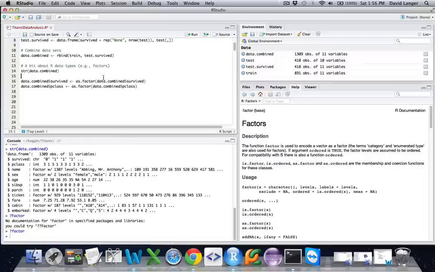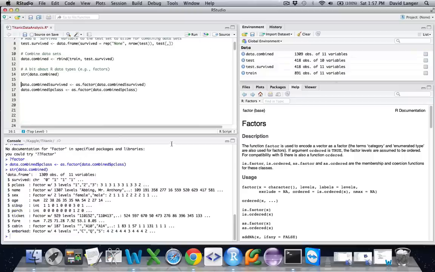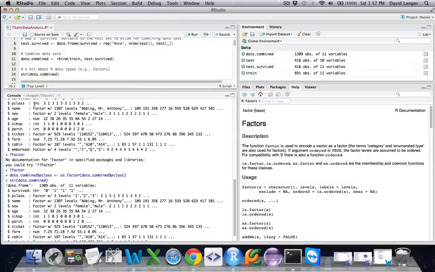So we can go ahead and tell R that we want to change the p-class variable using this line of code here. What we say is, hey, look, take the p-class portion of the data.combined, and you use a $ sign in R to address the p-class portion of the data.combined data frame and turn it into a factor. Okay, so we'll go ahead and do that. Let's run this line of code again, and then we can see that, indeed, p-class used to be an int, and now p-class is a factor. Okay, that's good.